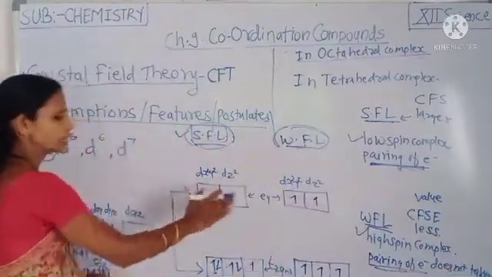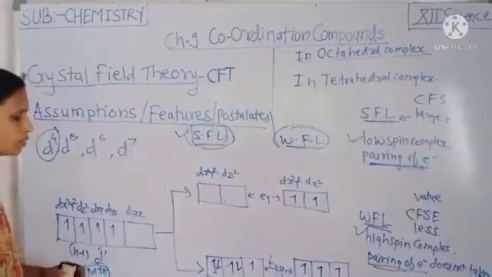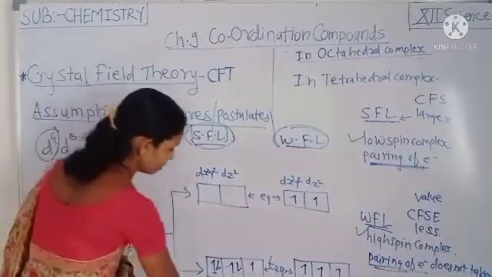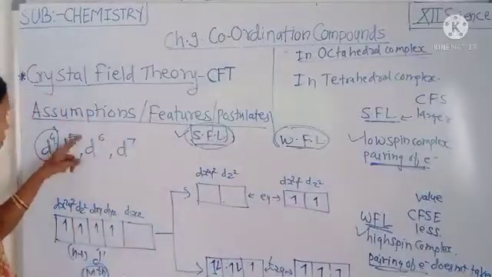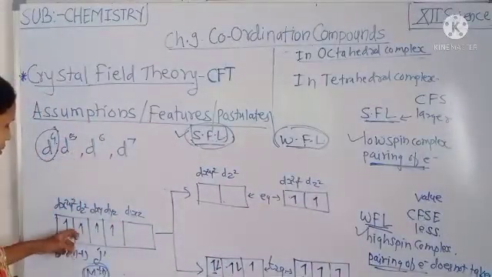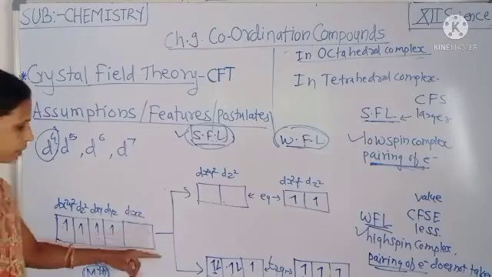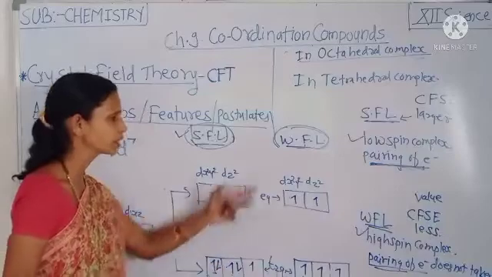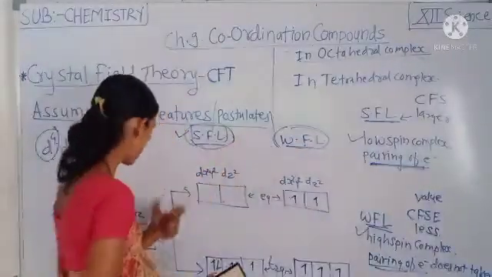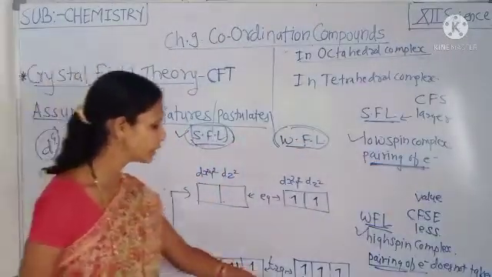There is also a difference in the electronic configuration. Therefore, there is a distinction between low spin complex and high spin complex. That means for a metal ion which possesses 5 electrons in its d orbitals, if strong field ligands approach it, it forms the low spin complex, and if weak field ligands approach the metal ion, it forms the high spin